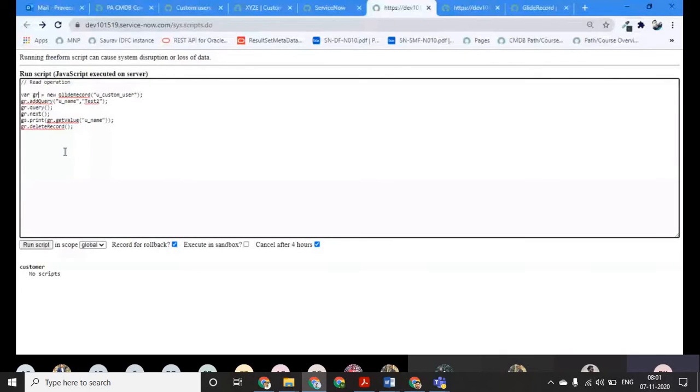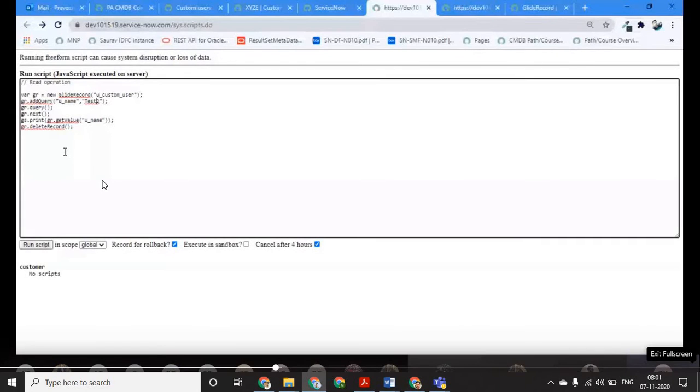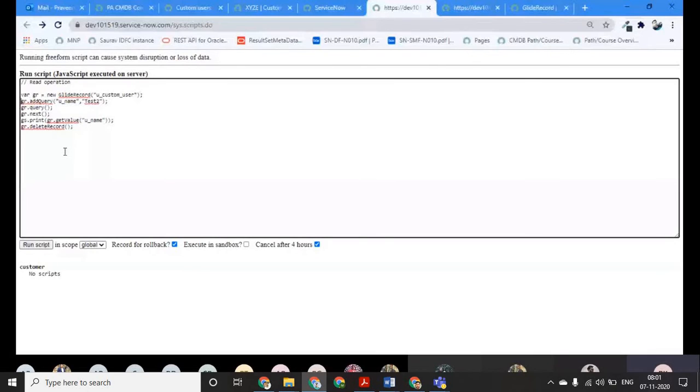For the create operation, we will run a new glide record, and then use gr.initialize. Someone will ask what initialize is. It is your duty, guys, to find out what initialize does. I will just tell you that it is creating a raw object for now, but you can find more details yourself.